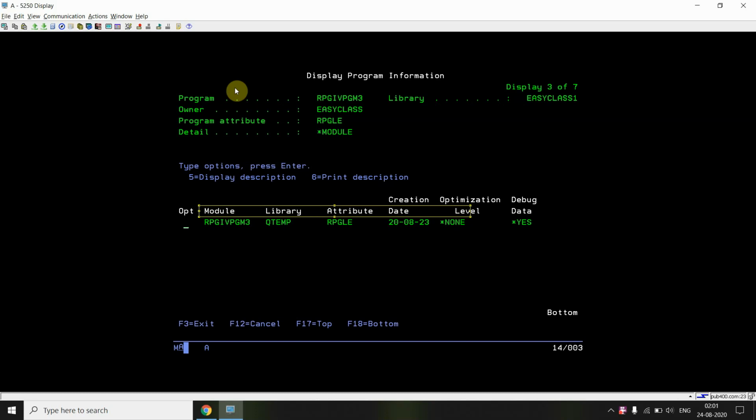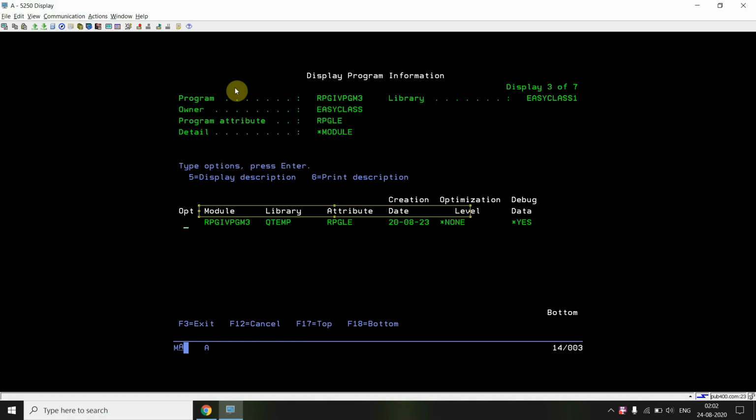So here in the case of an OPM compatible program, we are not binding anything. We are not binding any binding directory. Basically, a binding directory is a directory which contains the list of modules or service programs which will be bound with this RPG4 program in a one-step process. But we are not using any binding directory or any activation group here, and we are specifying the default activation group as *YES.